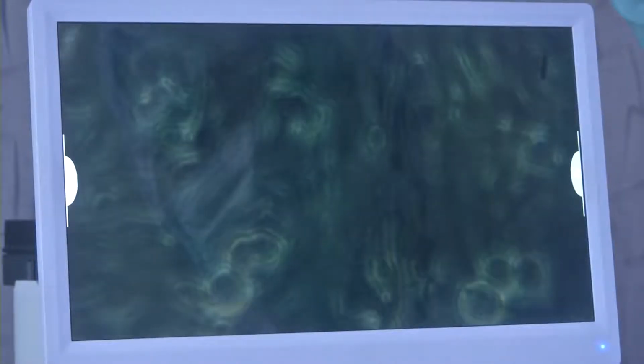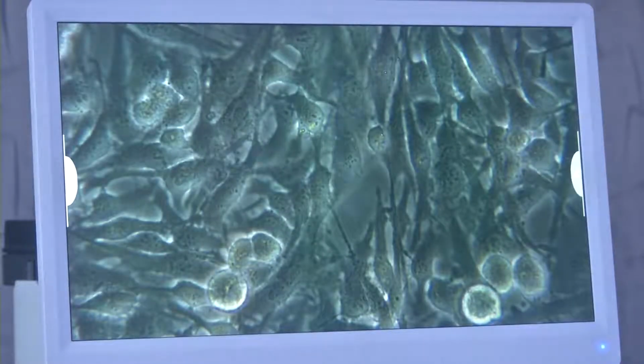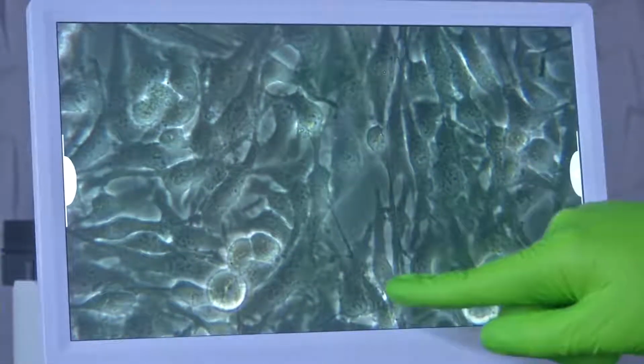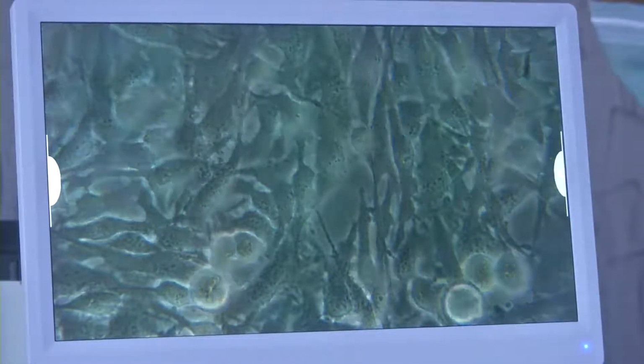So when you go to higher magnification, usually you need to change the brightness. So this is 40x magnification, actually not 40x, it will be 400x because the eyepiece will have a 10x magnification. So you can see the cells more clearly, how they are very much elongated. So I can even go to a different place in the flask, everywhere it will be the same.